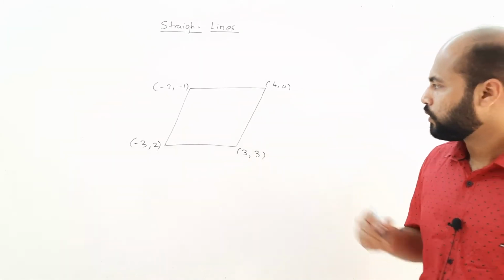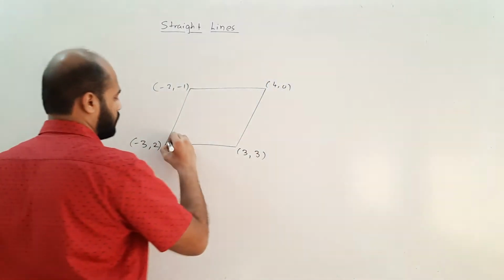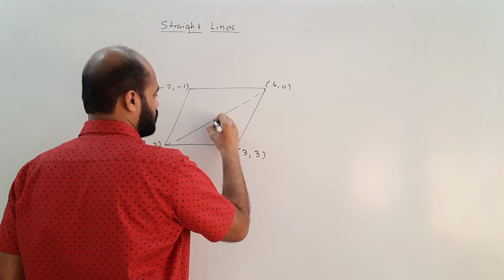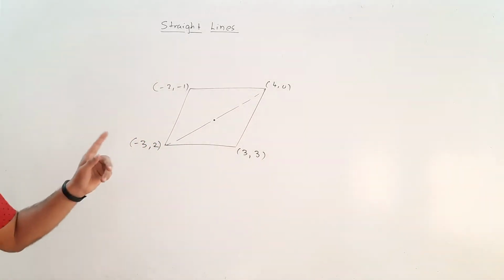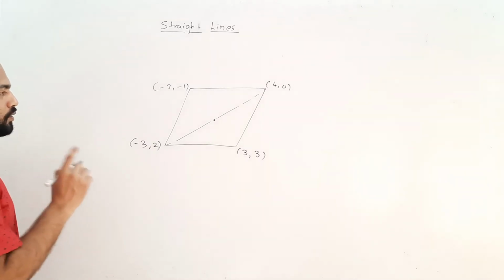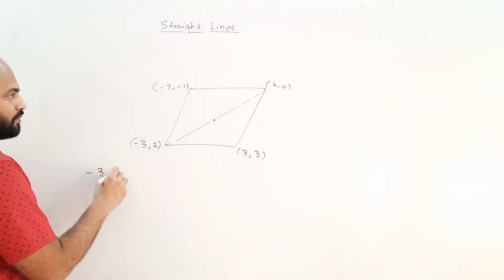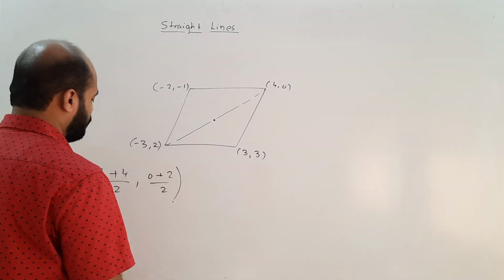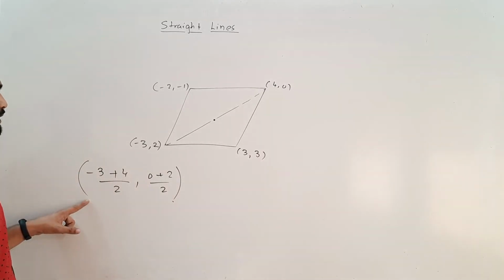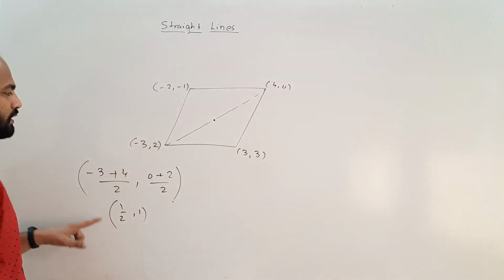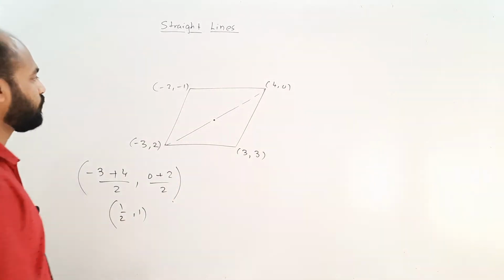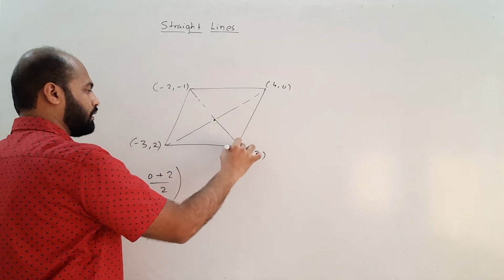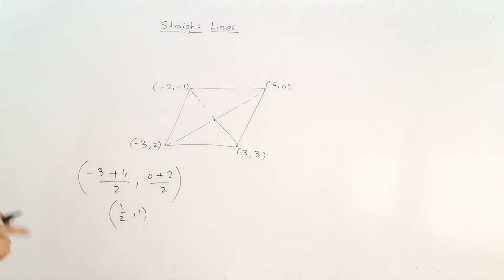It's very simple. You can see that this is one diagonal, so this is the center point of it, and we can find the center point of it with the help of the midpoint formula. So if I use the midpoint formula over here, that is (-3 + 4) by 2, comma (0 + 2) by 2, we get this as (1/2, 1). This is the center point. And then if I use the same midpoint formula for this diagonal, then I find that it should be the same point. If it comes out to be the same point, it means that it's a parallelogram. These are the vertices of a parallelogram.